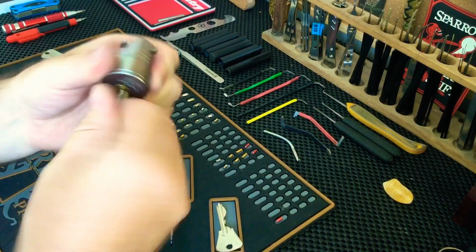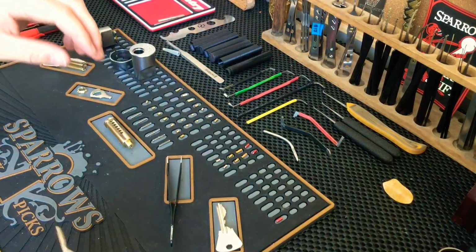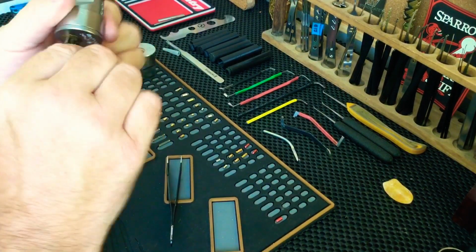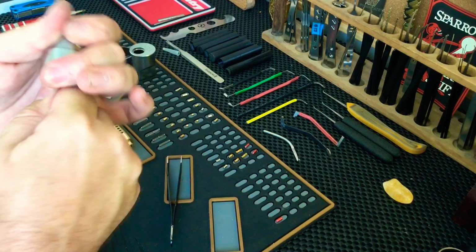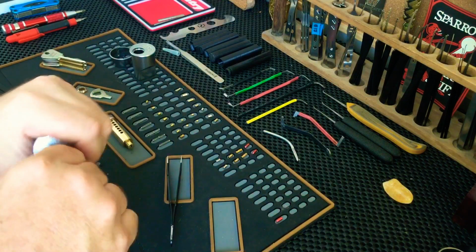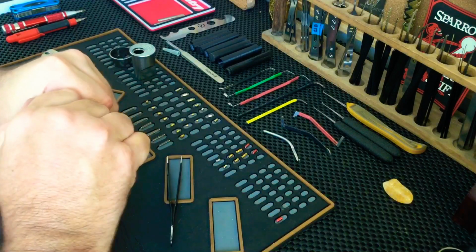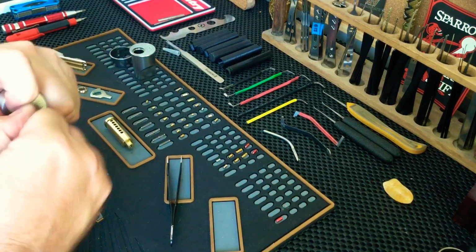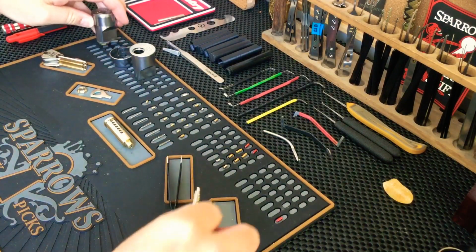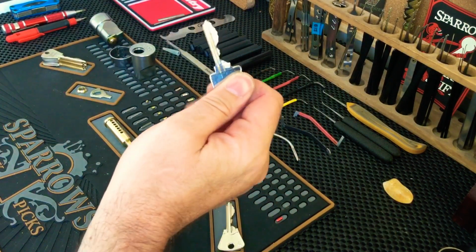As you can see, this is another one here. I've got one totally dismantled here, but the TR1 is a little bit tough to get in there. It's hard to get in. Still works perfectly, it's just a little bit hard to get in and out of the lock. So I might need to work on the warding just a tiny little bit. Yeah, it's jammed in there now for some reason. Don't know why. There we go. Alright, got him out. So I'll be opening all the locks up that I have with this key, and then